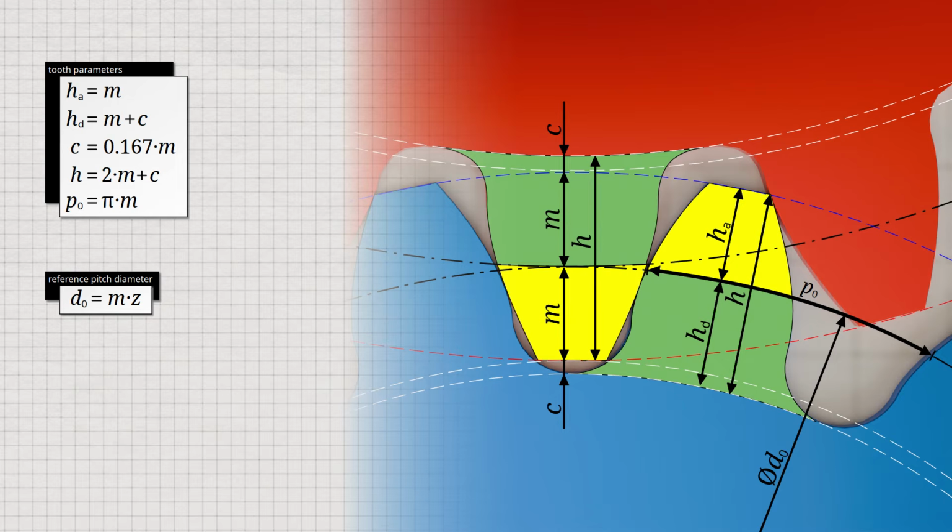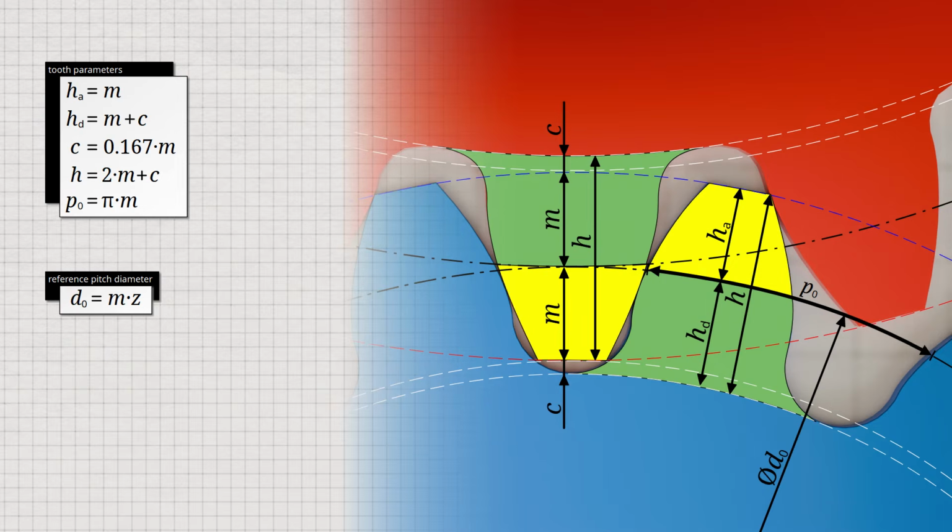Although the term diametral pitch could very well be used instead of the term module, this term is already defined differently. The diametral pitch dP is the inverse of the module M. The term diametral pitch is therefore somewhat confusing, because unlike the base pitch or the circular pitch, the diametral pitch doesn't indicate a distance per tooth, but the opposite, teeth per distance. To be consistent, the module M should actually be the real diametral pitch. This inconsistency is the reason why we don't use the term diametral pitch in this video to characterize gears, but